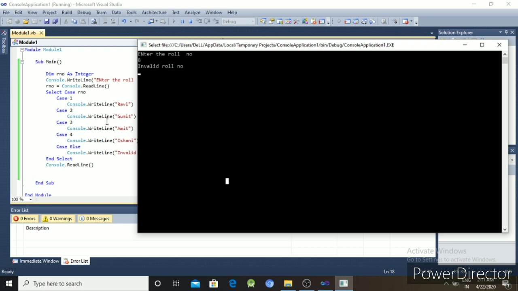So in the ladder if else, any boolean expression is evaluated, such as greater than, less than, greater than equal to, less than equal to. In the ladder if else, if the condition is true, the control will be transferred into the if block.